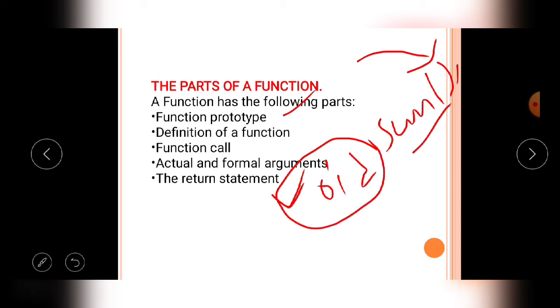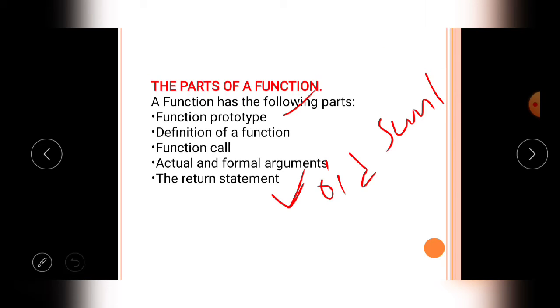So this prototype declaration explains that the function will not take any arguments and will not return any value. Like that, the function prototype explains the behavior of the user defined function.